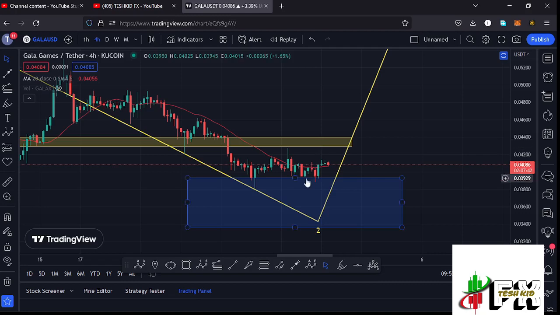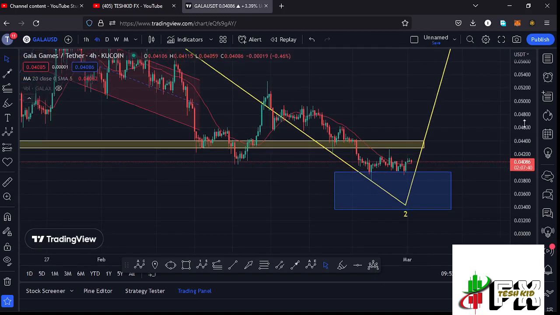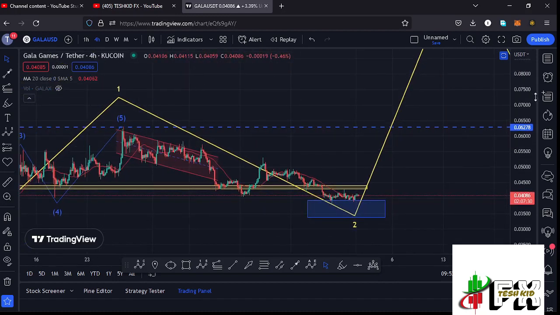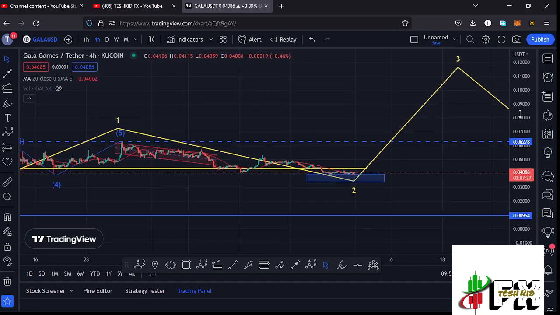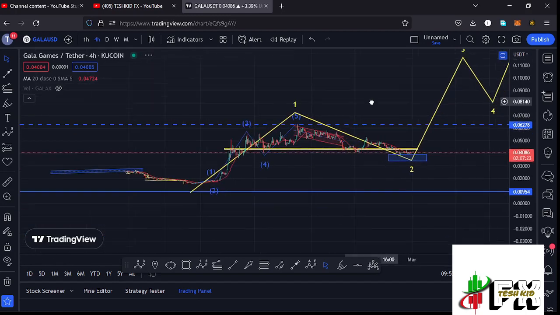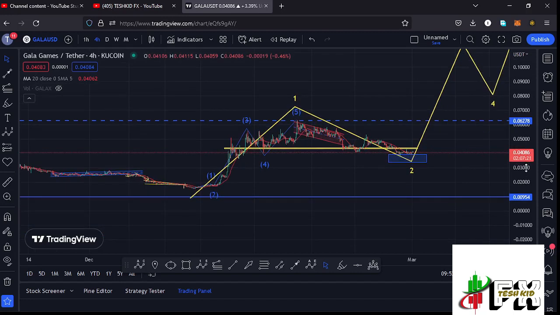$0.04339 mark. We have also continued to obey the ED12 structures, where I still believe that whatever we are seeing is the formation of these higher ED12 count 2, which should fully maximize our blue target area in the formation of that wave 2 before we can expect a massive run up to the upside in the formation of these higher ED12 count 3. And before I get further into the technical analysis and also give you my next price